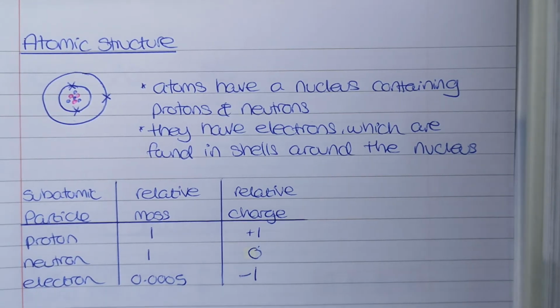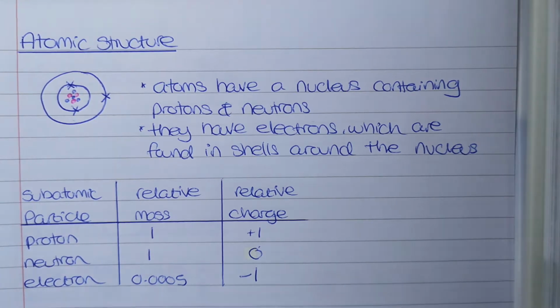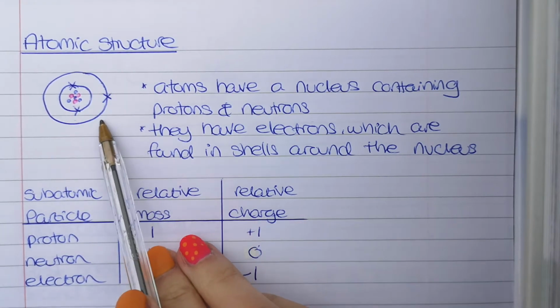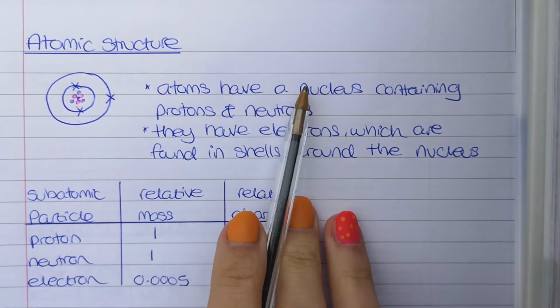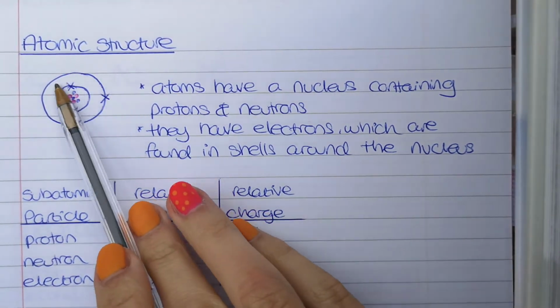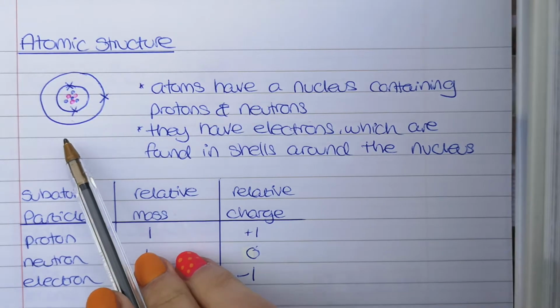In this video, we're just going to revise atomic structure and electronic structure. So we're going to start with looking at the structure of an atom. You can see I've got a picture here that shows you what an atom would look like. In the middle we've got our protons and neutrons, and we say that they are contained in the nucleus. Then around the outside on these rings I've drawn, we have electrons, and we say that they are found in